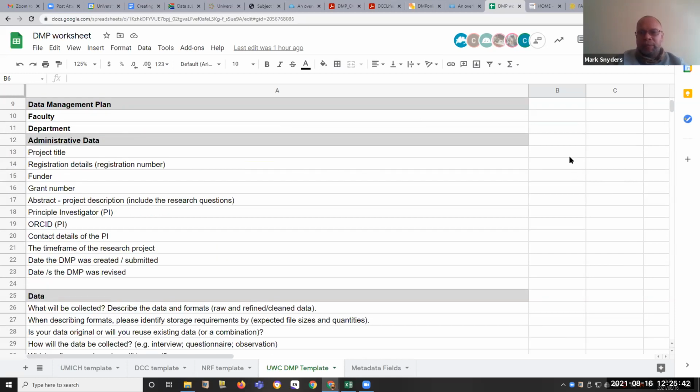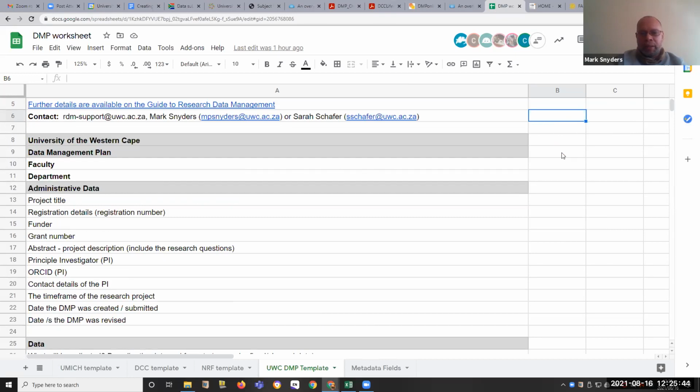And then moving on, as far as the data management plan is concerned, we try to make this as simple as possible, but also as comprehensive as possible. So when it comes to the actual project itself, the first thing that we need to do is to list the faculty and department. One of the things that I suppose we should include would be research unit.